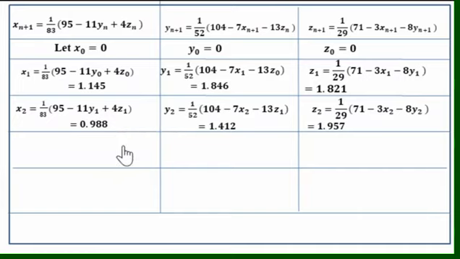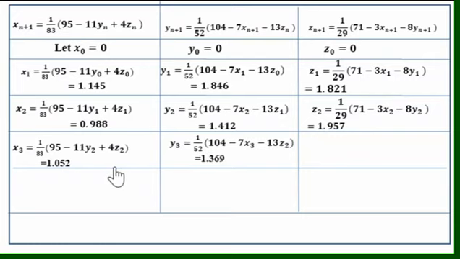In the question it's given to perform 4 iterations, so 2 more iterations. Find x3, y3, z3 and x4, y4, z4. The x3 formula is 1/83 (95 - 11y2 + 4z2). Substitute for y2 and z2. x3 equals 1.052. Then we have y3 = 1.369, z3